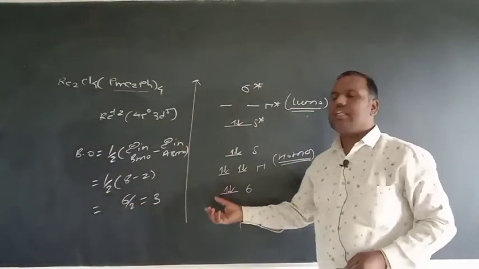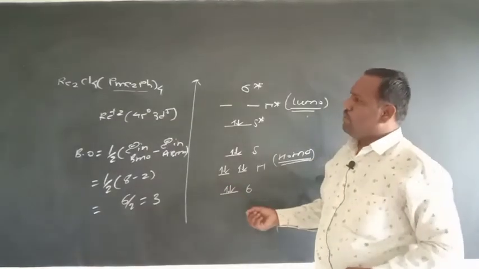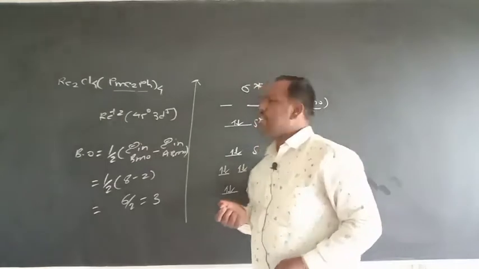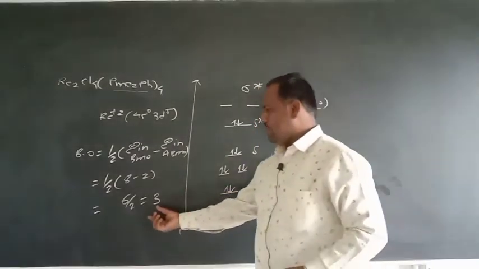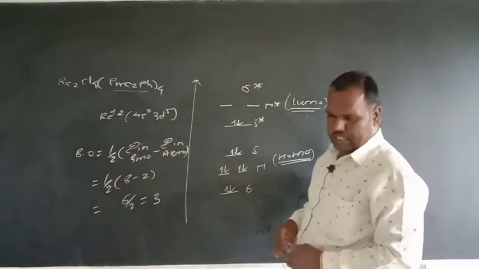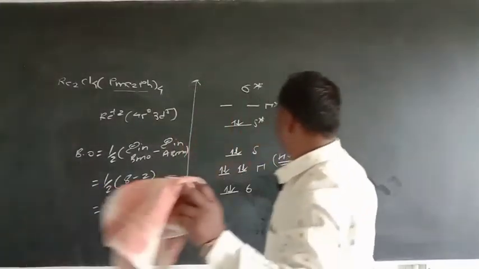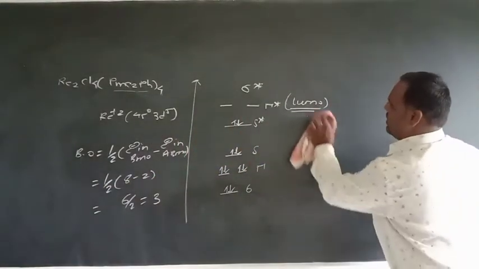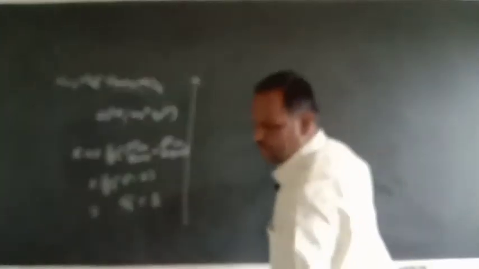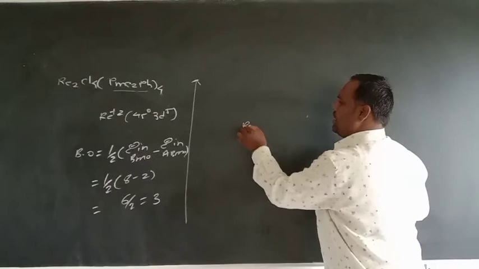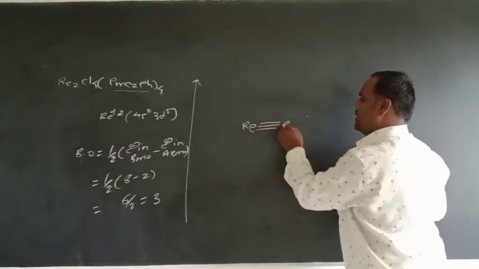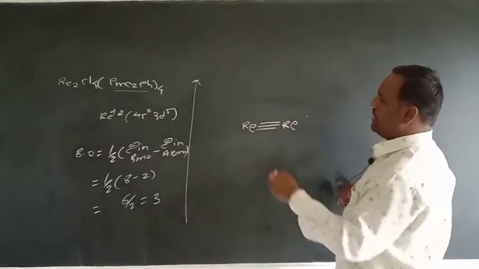So there is a total of 3 metal-metal bonds between these two rhenium atoms, because the bond order is equal to 3. So in this case the bond order is 3. If we draw the structure of this complex, there is a triple metal-metal bond between the rhenium atoms, and the remaining ligands are